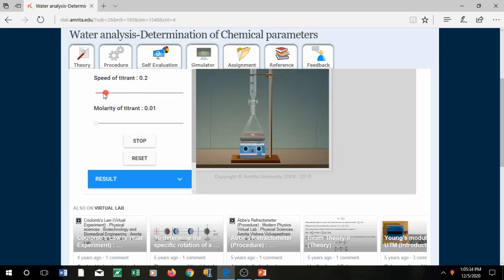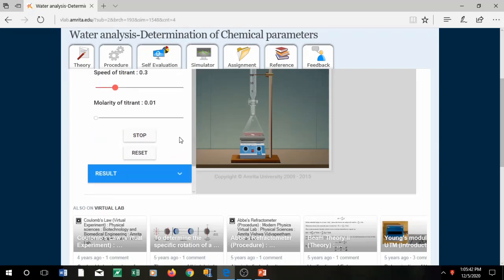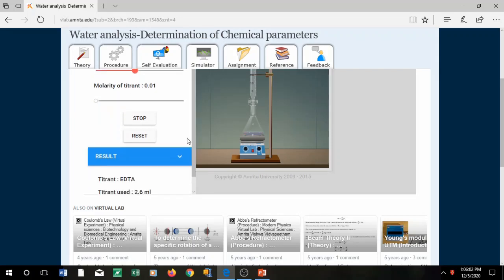Now if I increase the speed of the titrant further, it will make it fast, you can see here, right? But I suggest whenever it is a titration, for the first pilot reading, which is a very rough reading, you can go ahead and make the speed of the titrant fast. You have to observe the color change here. Wine red to blue would be the change. As soon as you observe a color change, you just have to click on stop. So as of now, I have just increased the speed. Stop.